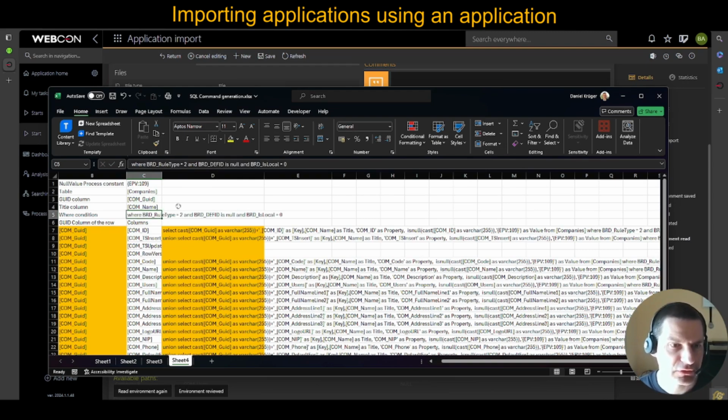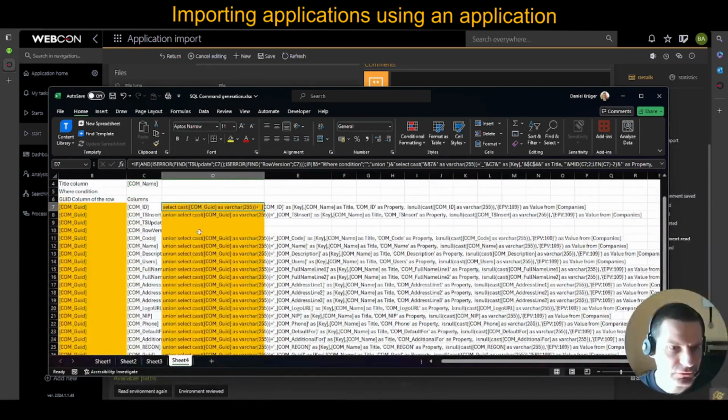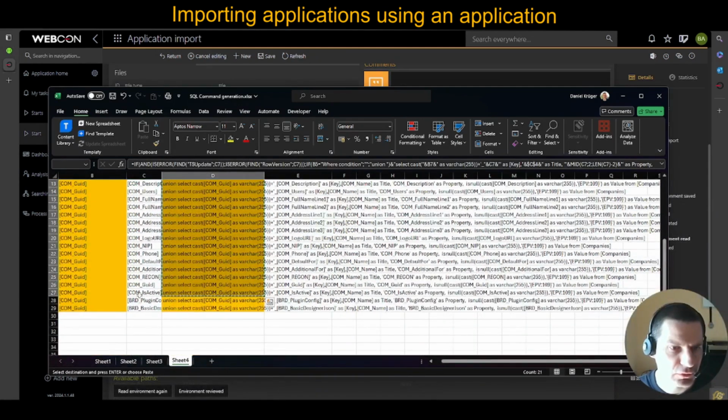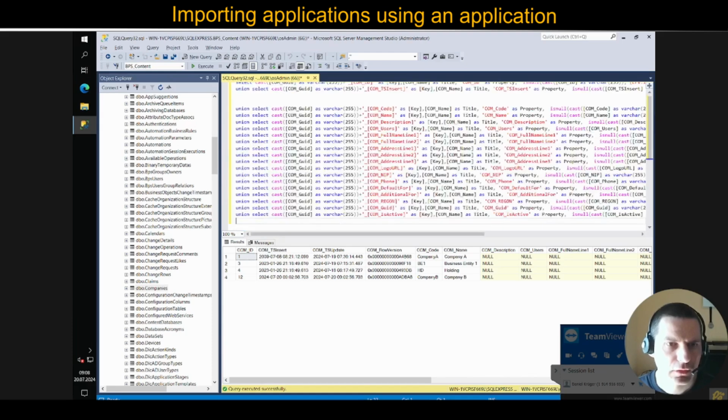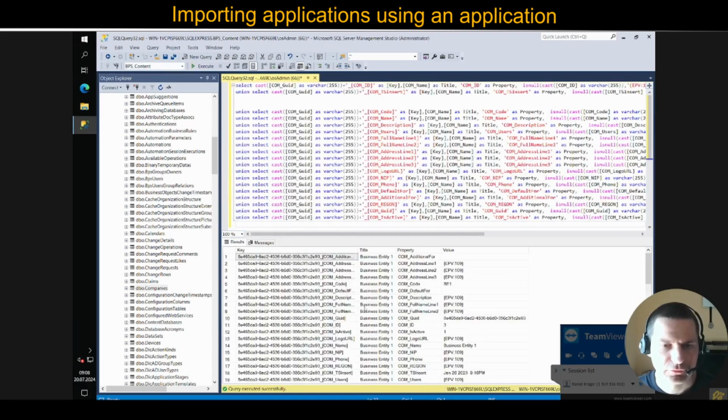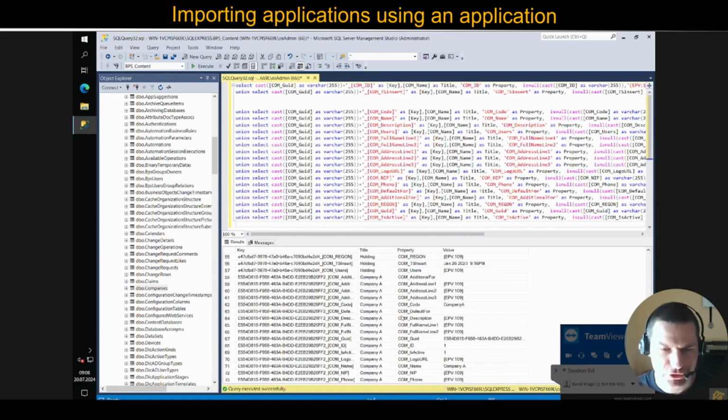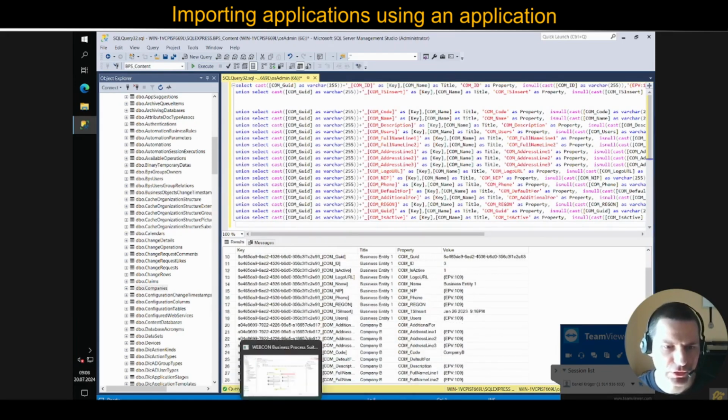In the case of the companies, let's remove this where condition, and then we can just copy our cells over to the management studio and execute it. And then we have the SQL statements, which we can use in all